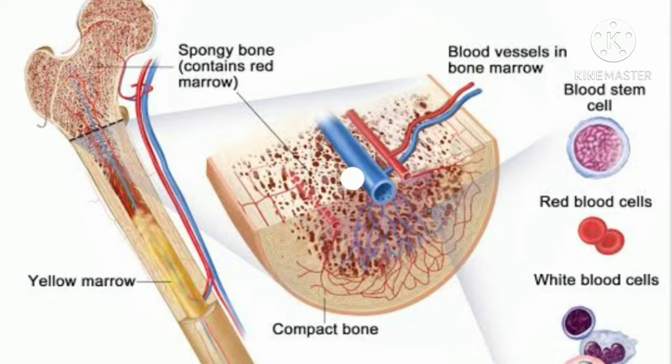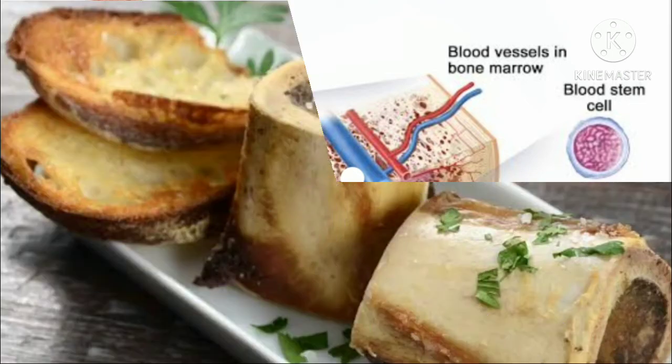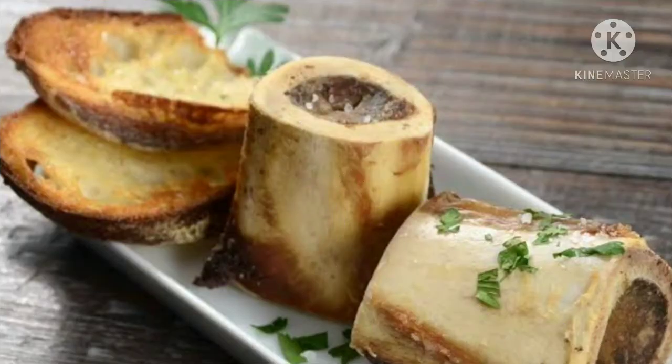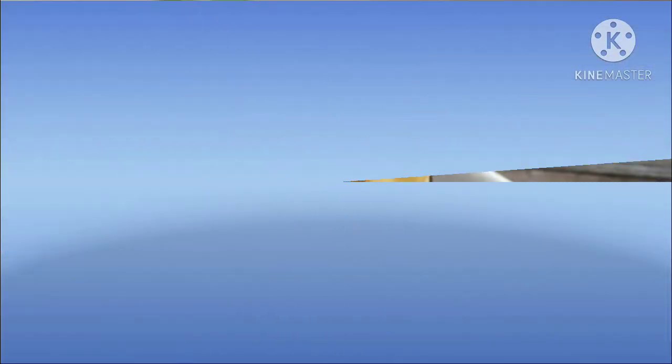So this picture is showing you the red bone marrow and yellow bone marrow location. This is yellow bone marrow and this is the red bone marrow, and you can see many blood vessels are present in this bone marrow. Bone marrow basically helps in blood production, and it also helps in bone formation, and there are many more functions of this bone marrow. Students, in this picture you can see this portion is the bone marrow, like your spring roll. The filler of this spring roll is just like your bone marrow. So this is the location of the bone marrow, right?